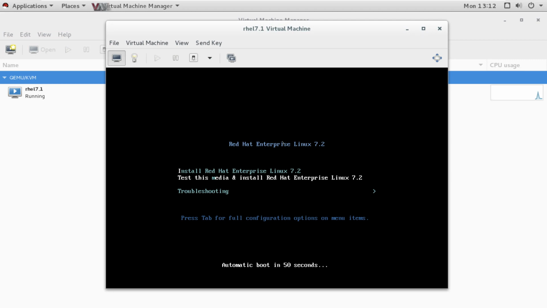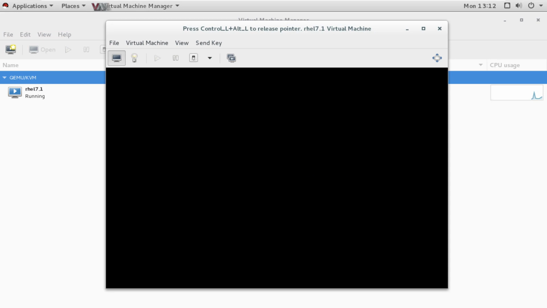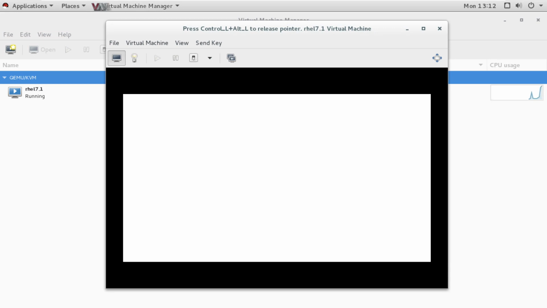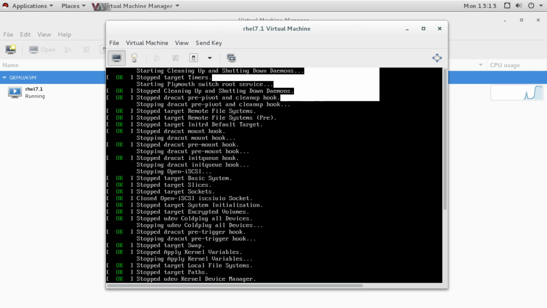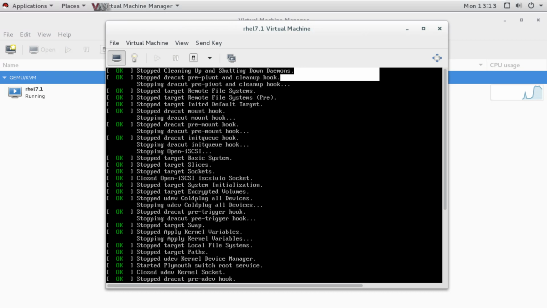And these are the installation options we have. We can choose what we want to install, so let's say I want to install this. You can install Windows, you can install Linux, you can install any other operating system. It supports lots of operating systems. You just have to follow the installation steps and complete the installation, and your machine will be ready.